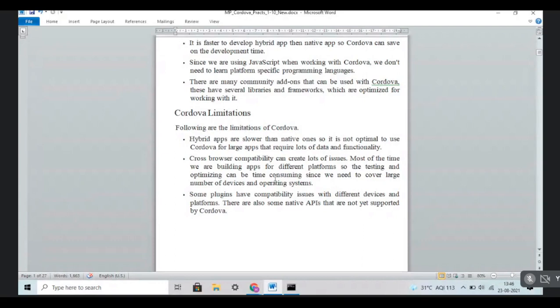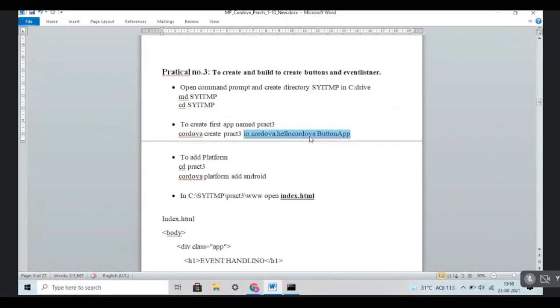Then steps: open the command prompt and create the directory sitmp. md, making the directory, cd, change the directory. To create the first app named fact3, use the same command, cordova create fact3 io.cordova.hello CordovaButtonApp. Okay. Then to add the platform, apply the same thing: cordova platform add android.